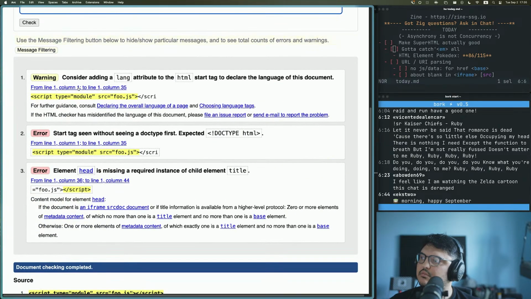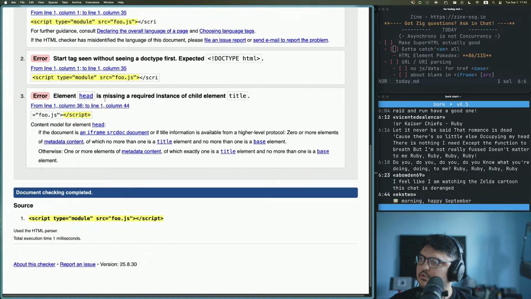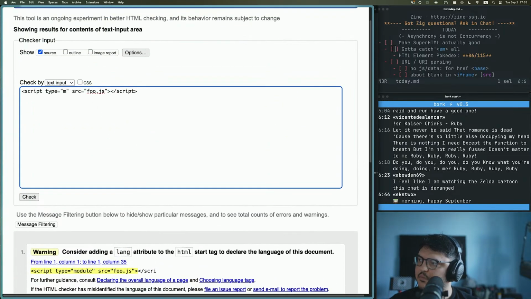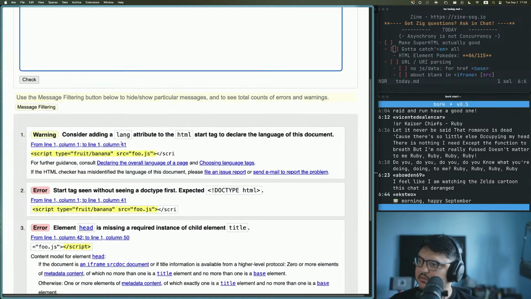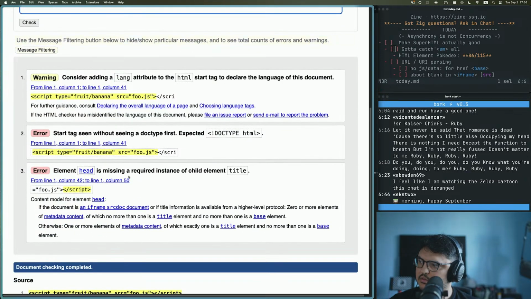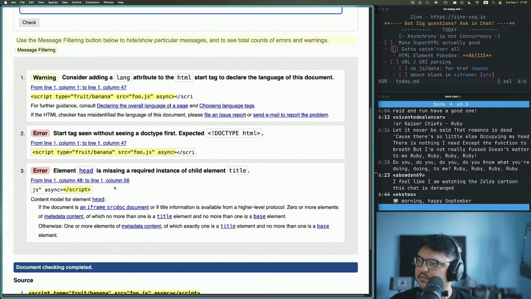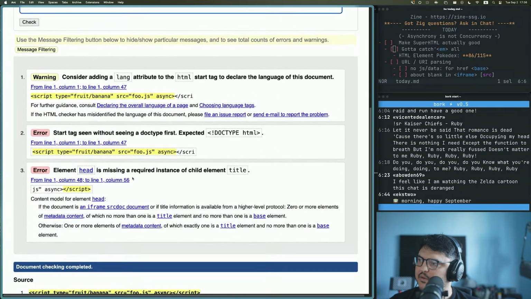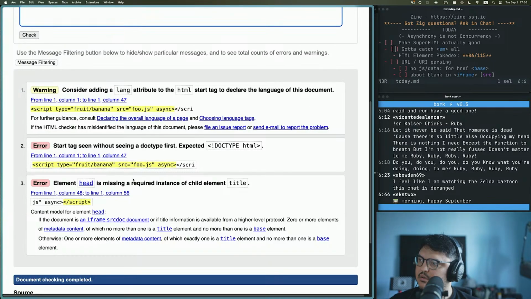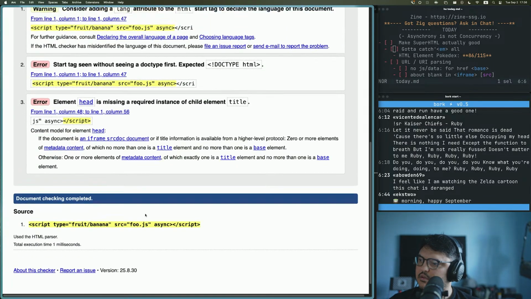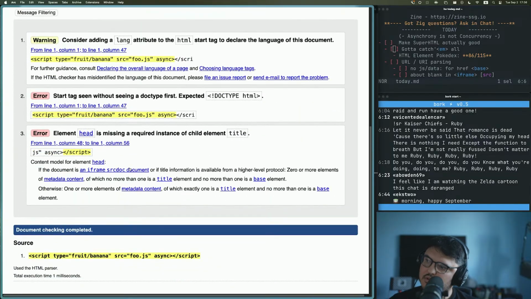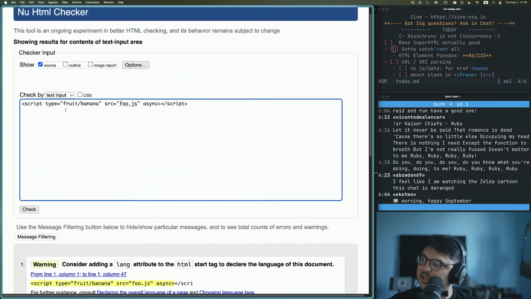Let's see now. Okay, so this is fine. Out of curiosity, what if this becomes fruit slash banana? Now this should complain, maybe, actually. No, because source can be specified always, but for example, async should be not specifiable, right? I want to see it complain about async. It does not. Really? Okay,